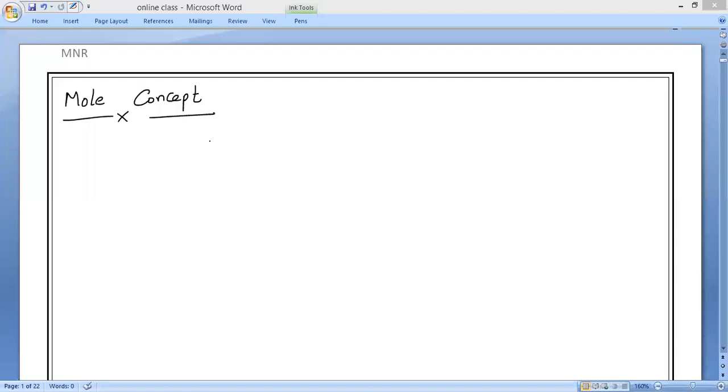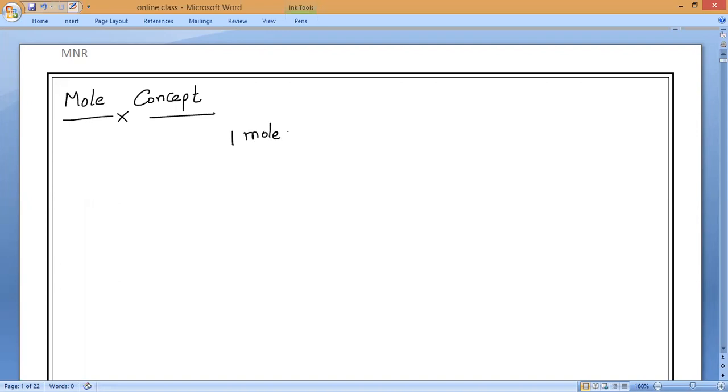So, as I already gave the introduction of the mole concept in our yesterday's class, finally we have made a conclusion that if you take one mole of atoms or one mole of a substance, how many atoms are present? For example, if I have taken one mole of atoms, it is equal to how many atoms? Everybody, 6.022 into 10 power 23